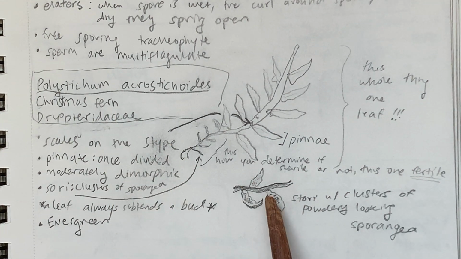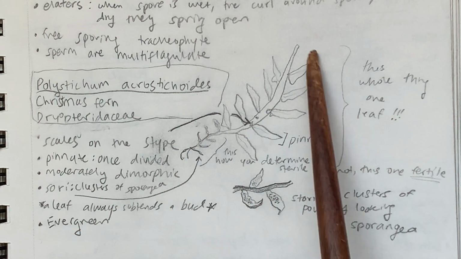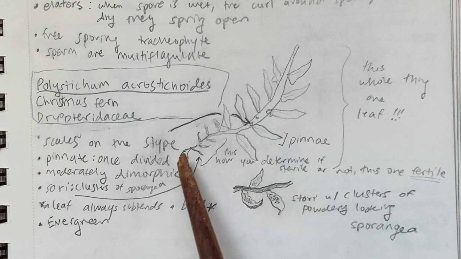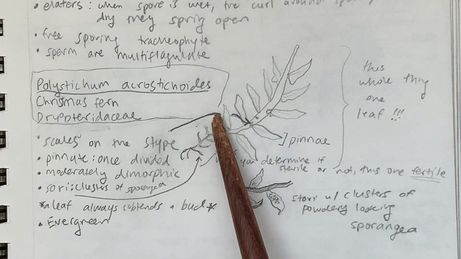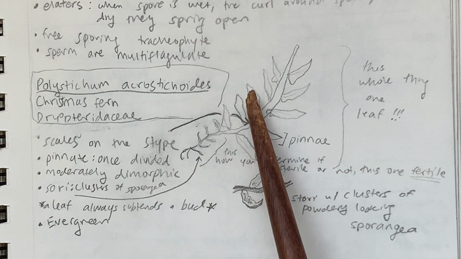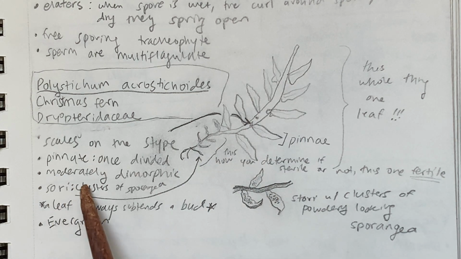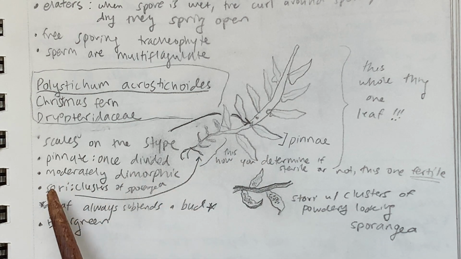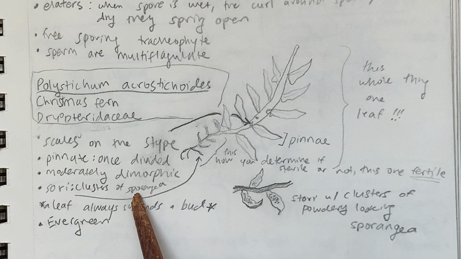And then, to bring you in even closer, you can see here a slight detail of how there are clusters of powdery looking sporangia, little dots on the underside of each leaf. And this is an evergreen fern, meaning that it's always green. It is moderately dimorphic, and the sori are these clusters